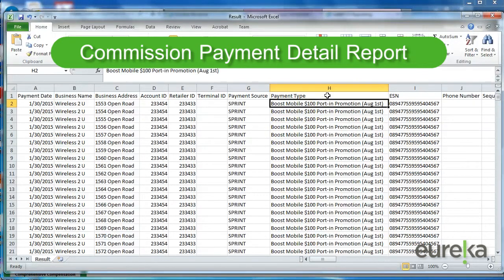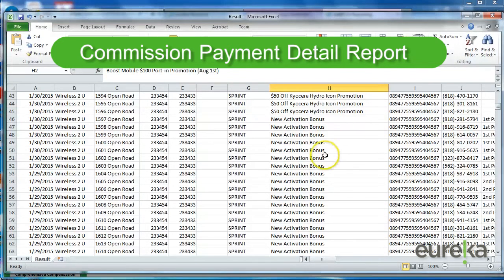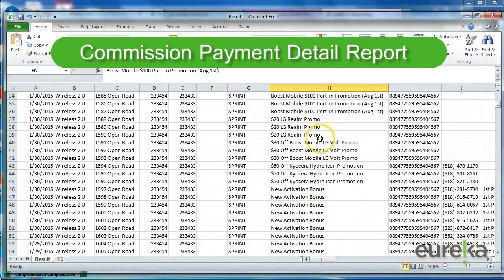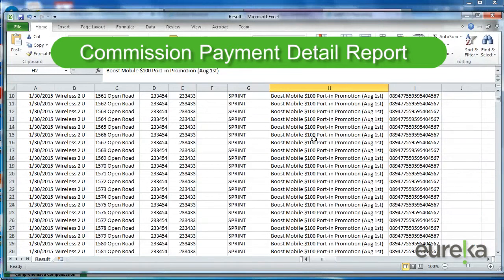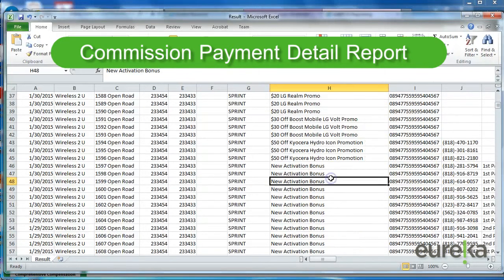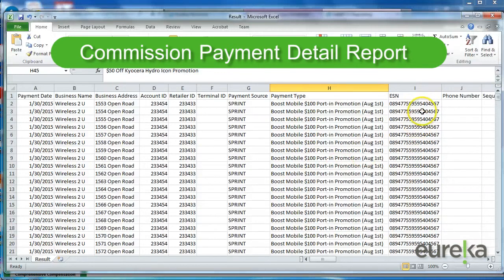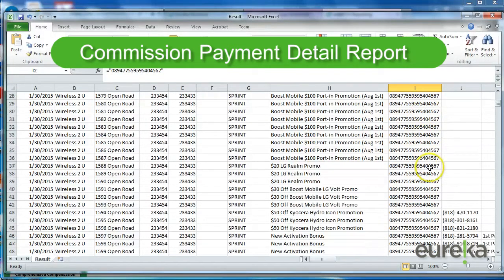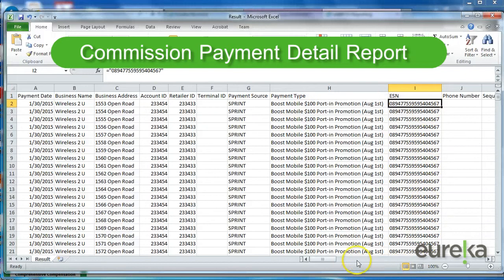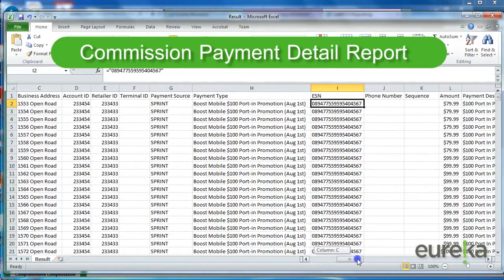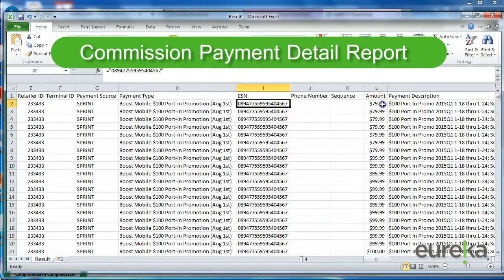The payment type, so the type of commission that you received. So new activation, any type of promotions that are going on, it's going to give you a description of that type of commission that you're being paid out for. So you have new activation bonuses, you have any type of promos that are going on, it's going to give you a description for that type of commission that you're receiving. It's also going to give you the ESN of that activation that you're getting paid out for, and then phone number, sequence, and then the amount that you were paid